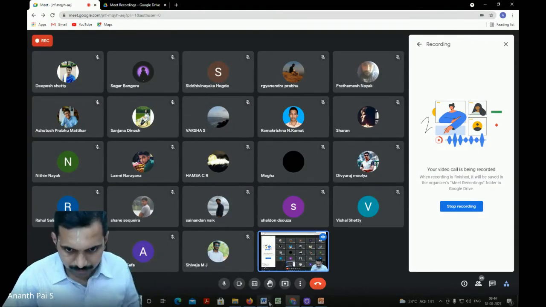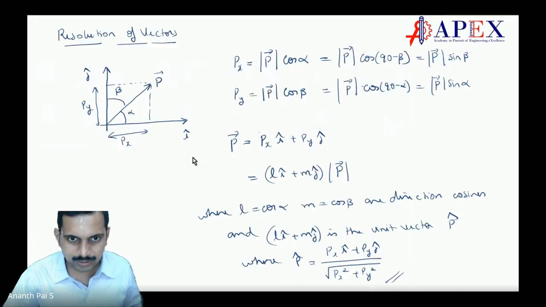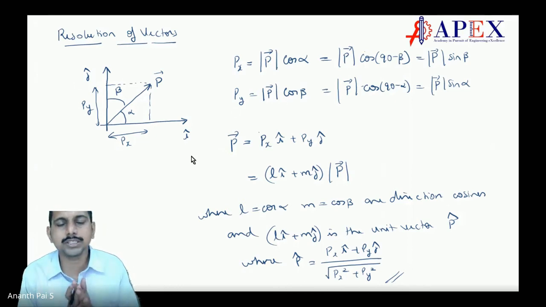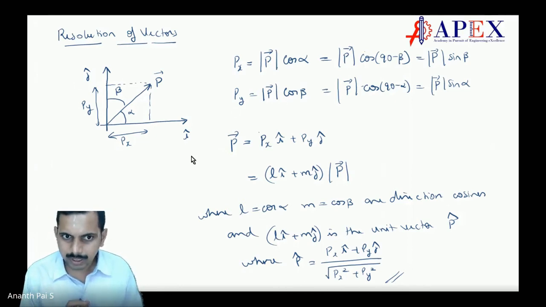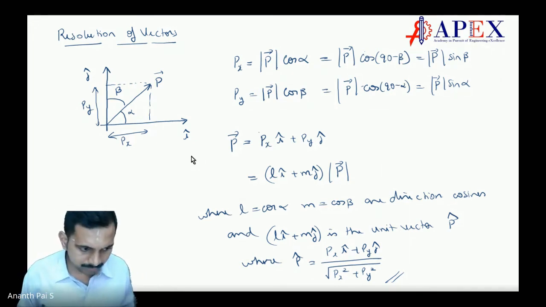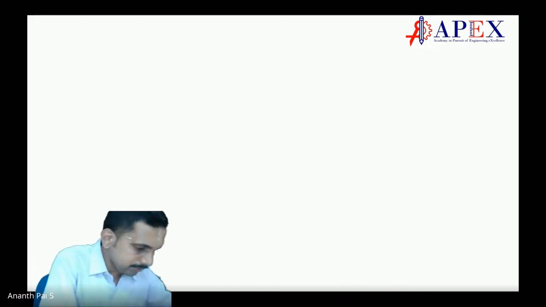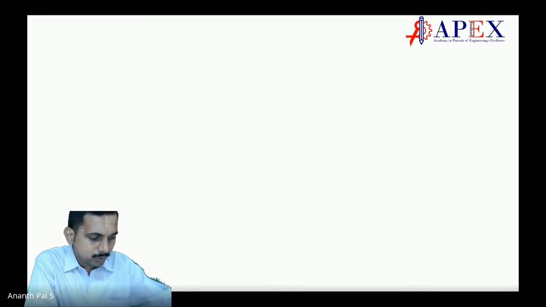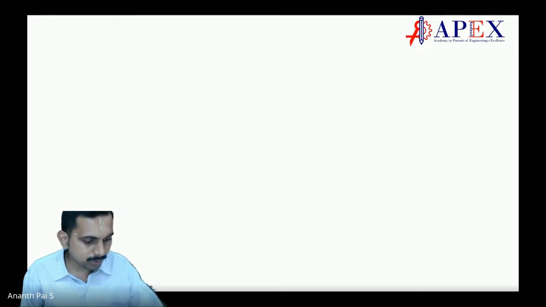Good. Okay. So let us start now. Yes. So we have gone with resolution of vectors, students. Now, just resolution of vectors doesn't give the full idea. Let us see what is dot product first. So let us today go with dot product. And then we will come back to resolution of vector and we will go much deeper into it. So let us go with dot product.